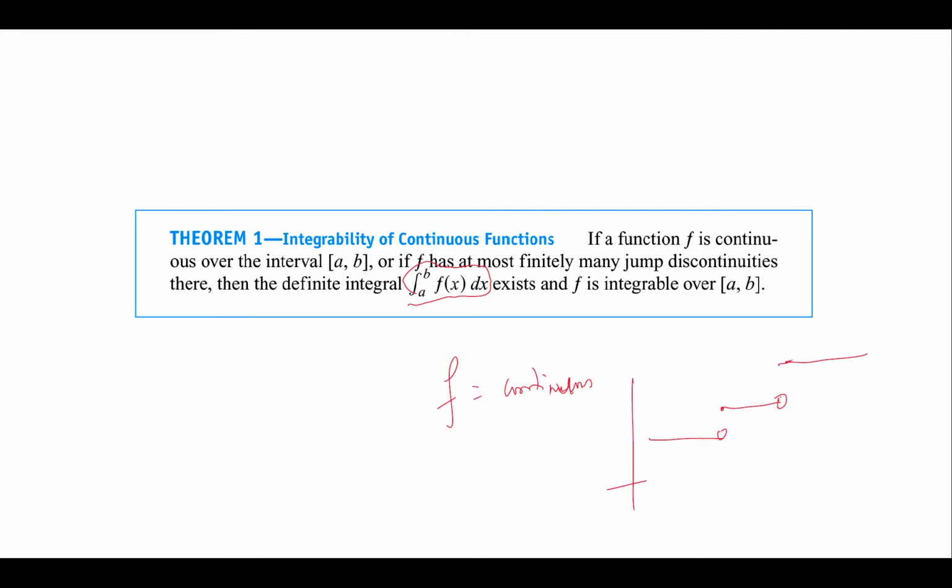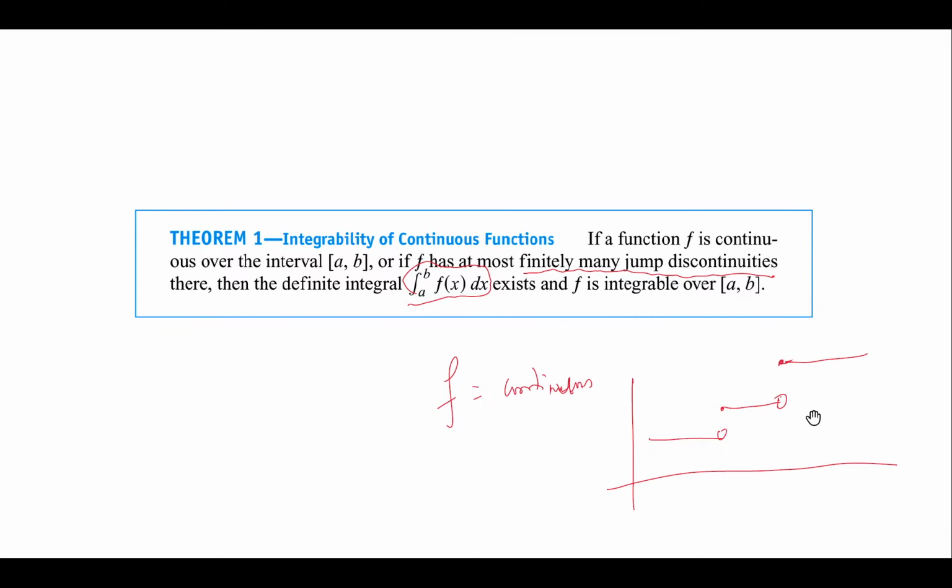For example, this is one function which has 1, 2, 3 discontinuous points, and that's finite. If you have a function with finitely many jump discontinuities, then still you can find the integration of this kind of function. So keep in mind, this definite integral is only possible if the function is continuous or has finitely many